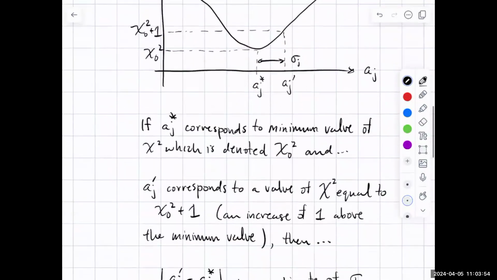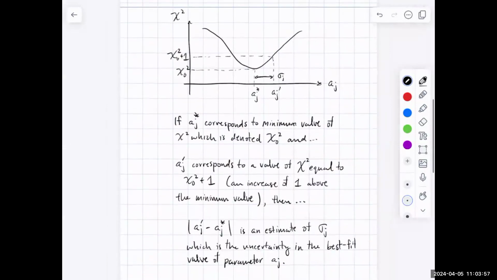One other thing that we did is we said, okay, let's imagine that we calculate chi-squared as a function of one of the parameters we're trying to fit. Like maybe this represents the intercept of a linear fit or something like that. So it has some special value that minimizes chi-squared, and that results in this chi0 squared. But then what we could do is we could imagine, well, let's start here at the minimum, and then we'll move away from that minimum, either left or right, it doesn't matter. And as we move away to some